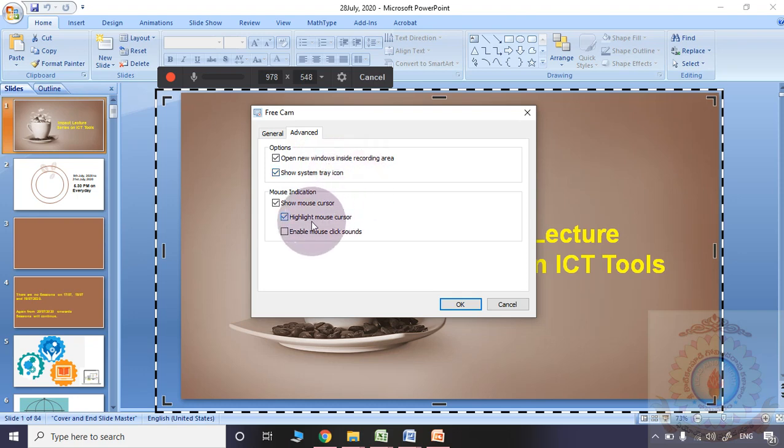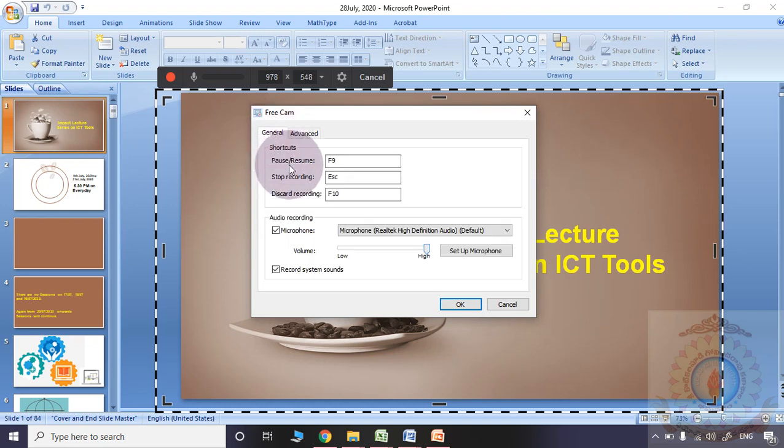If you want to show the mouse cursor, the arrow symbol, then you need to check it. If you don't want to show your mouse cursor, please uncheck it. That is your wish. Is it okay?